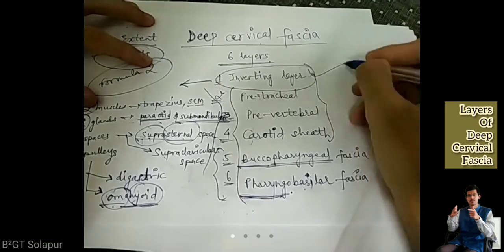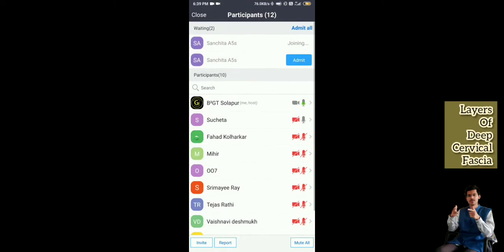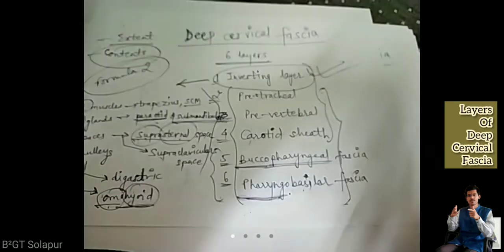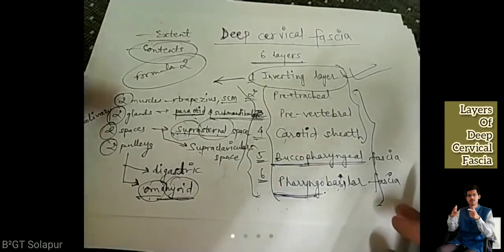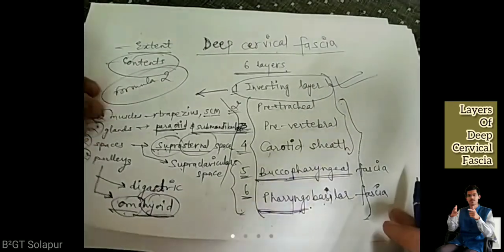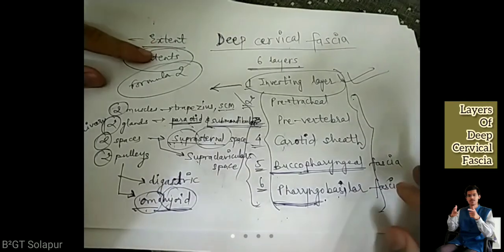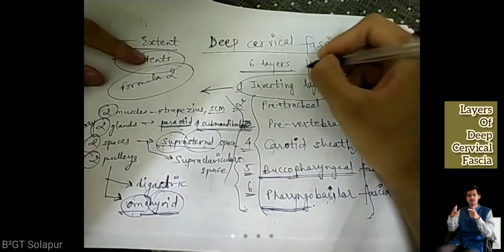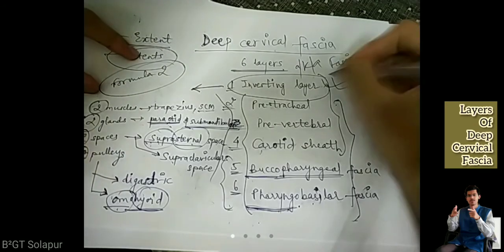So we are already done with this. Now let's focus on this. I'll revise it to you very fast. We talked about the extent of the fascia. We talked about the content of the fascia, and the content of the fascia was remembered by the formula of 2. Then we discussed in detail the 4-5 applied anatomical points of the investing layer of the deep cervical fascia, which is also known as fascia colli. This was the discussion of yesterday.